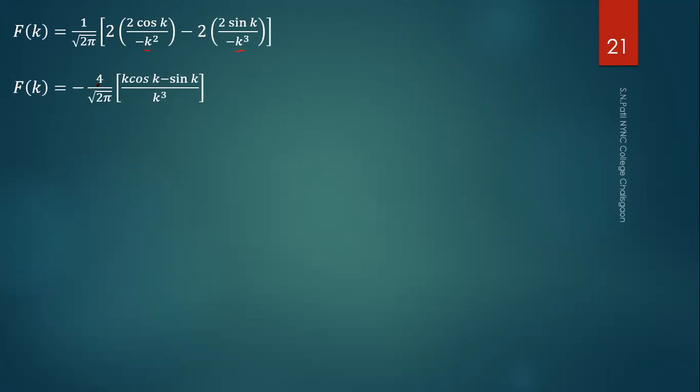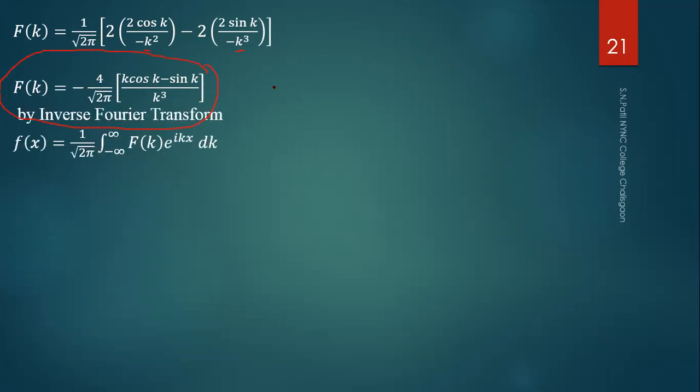Okay, let us verify: minus 4 is multiplied, minus and this minus gives plus, so this is the plus term. Now this is the Fourier transform of 1 minus x square and 0. There is also one problem along with this, to solve the integral. For that we consider the Fourier inverse transform. This is the formula of the inverse transform. We put the value of f of k here.